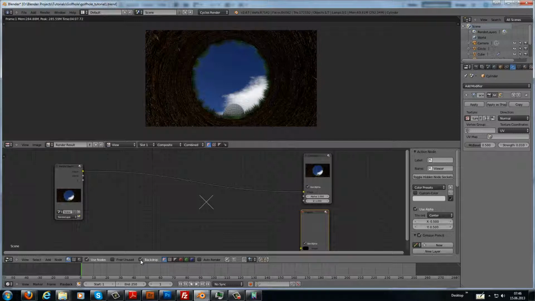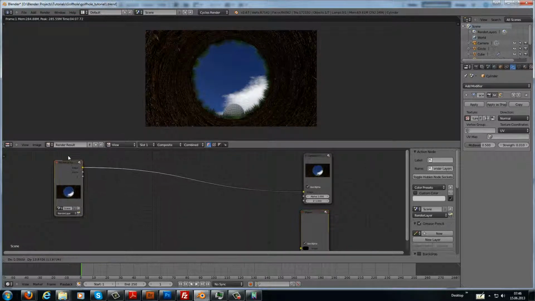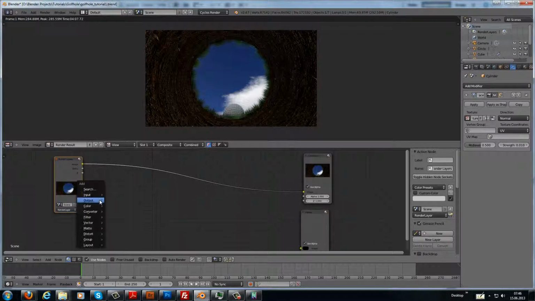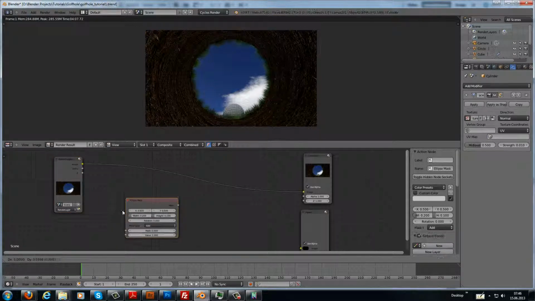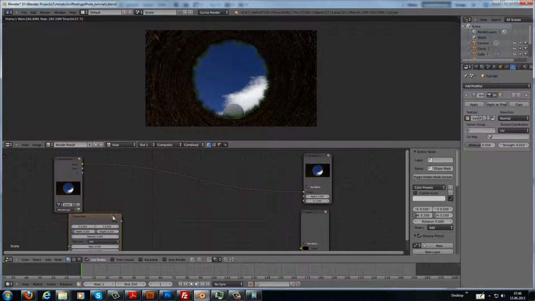I don't know, the backdrop isn't working, so you will see it here in the render result. Okay, let's add an ellipse mask, and just the viewer,